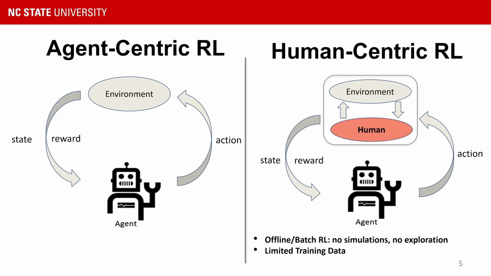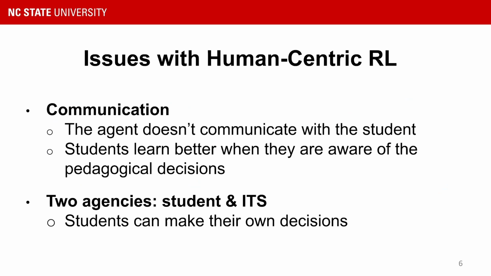One common issue in human-centric reinforcement learning is that collecting data is often expensive. For example, it took us 6 years to have the training data we used for this work. Generally speaking, when applying reinforcement learning to human-centric tasks, we face many challenges, and in this work we focus on 2 of them. In order to improve human-centric reinforcement learning systems, we identified 2 issues, agency and communication.